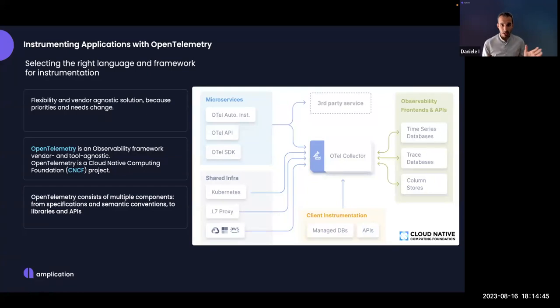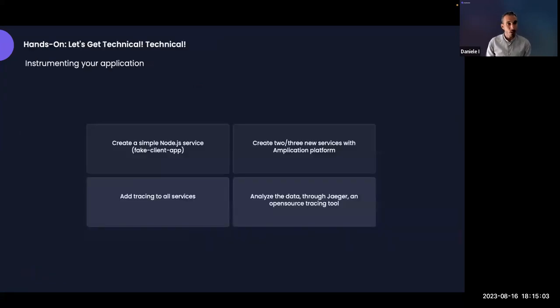It will process this trace data, telemetry data, not just traces, also metrics if you want. And it will export this telemetry data to a system that could be an open source solution like Jaeger, Prometheus, or a commercial offering like AWS CloudWatch, AWS X-Ray, for example. So